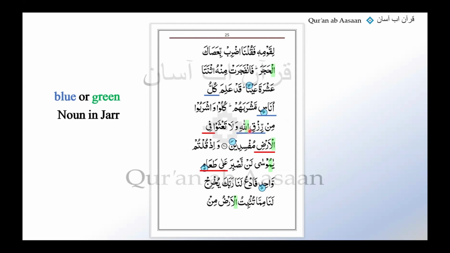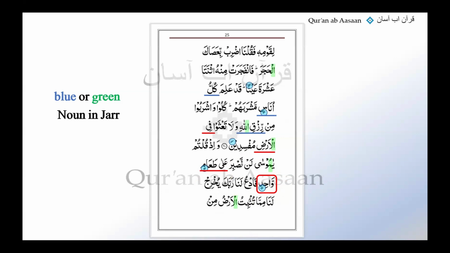Okay, any other one that you can see? A colored noun in jar. Wahidin. All right. I look back. Do I see a no al, no tanween possessed noun behind it? Looking back, I see Du'amin. This is not a no al, no tanween possessed noun, so no, this is no good to me for now for Murakkab Idafi. I can't do anything with this.